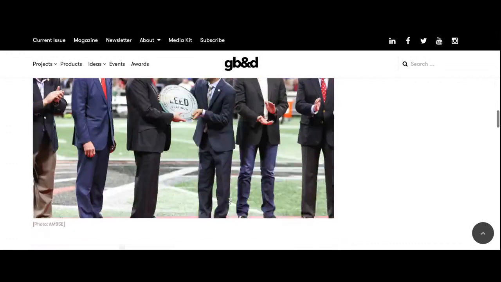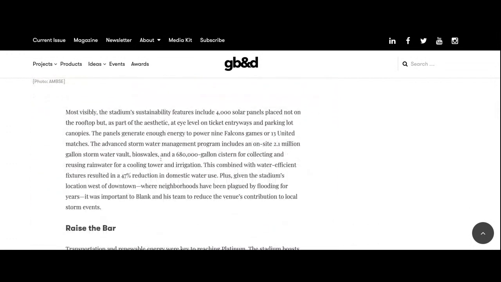Then it goes further on to say what it actually does. Particularly since I want to talk about renewable power, here's my part. It includes 4,000 solar panels placed not on the rooftop, but in ticket entryways and parking lots, and it states here that the panels generate enough energy to power 9 Falcons games or 13 United matches.